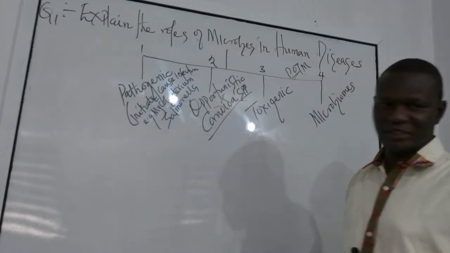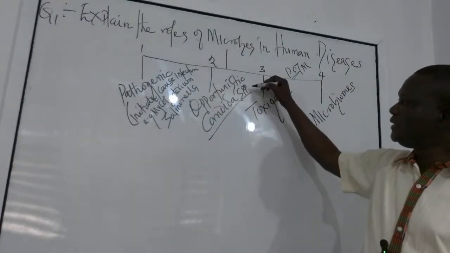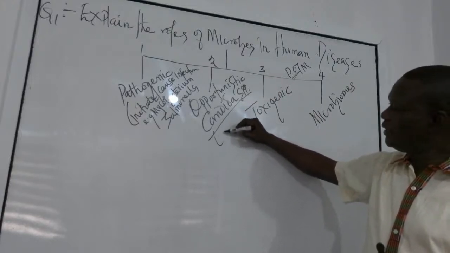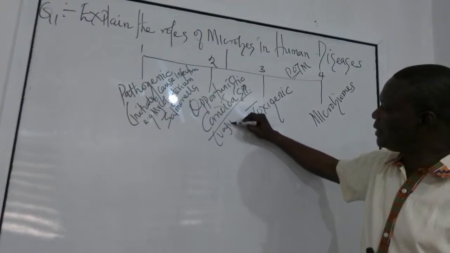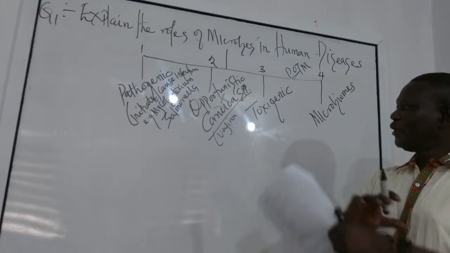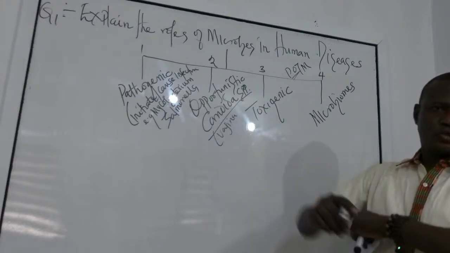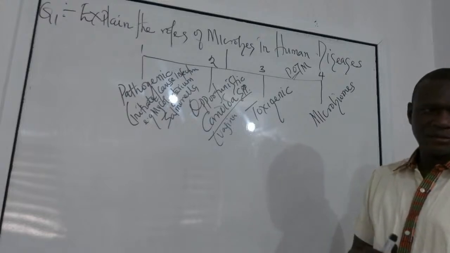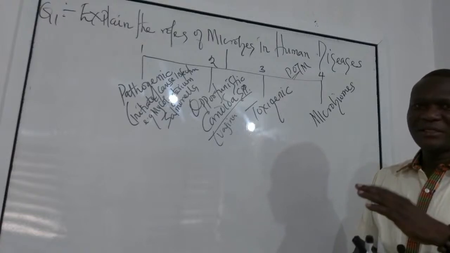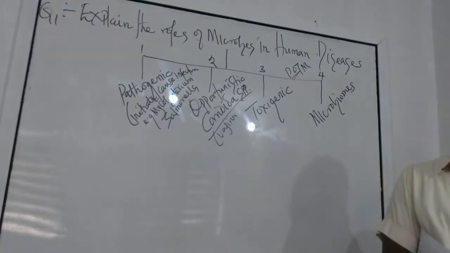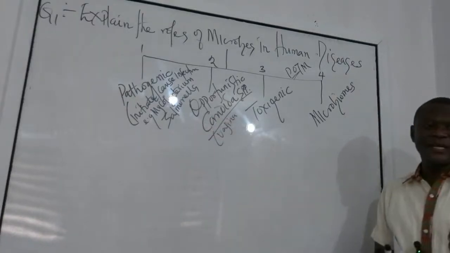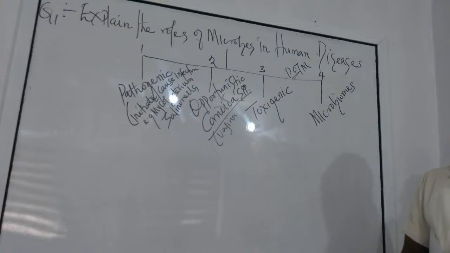So this is a yeast. Under normal circumstances, this yeast Candida is a normal flora in the vagina. It's a normal flora in females. They just go around on their own without causing any infection, without causing any harm. But these Candida, once they have reached a certain population,